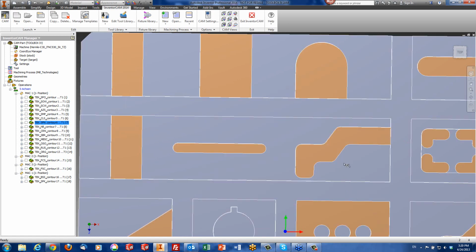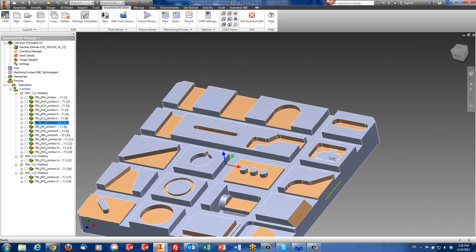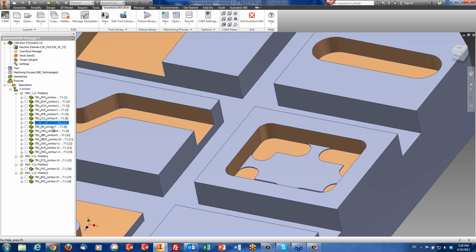Okay, now let's go into the next operation. This operation is, let me just explain the case itself that we have over here. Sometimes you want to go on a floor, on a part all the way down to the bottom. However, you do not want to cut off the material at the bottom. You want to maybe break it off later on. So sometimes you need to build little bridges over here. Now, what we've actually done in the program is we've eliminated the need to build the bridges. It'll do that automatically. If I were to open up the operation,